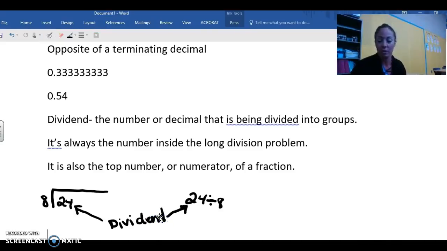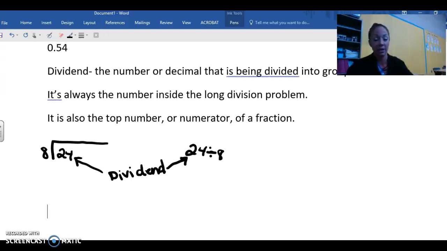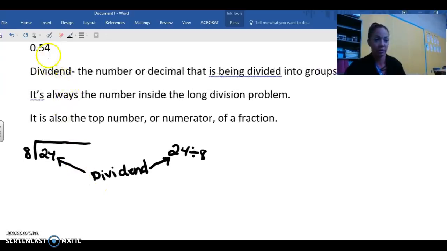If the number is on the outside of the long division, that would be a non-example. So if you had something like 60,